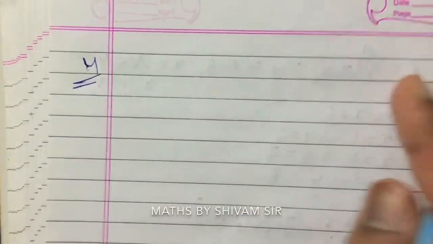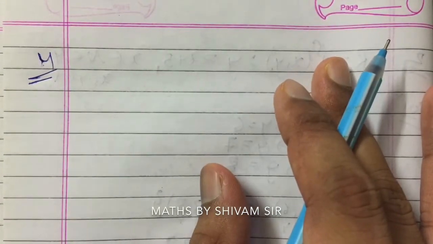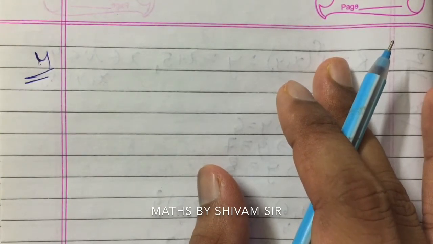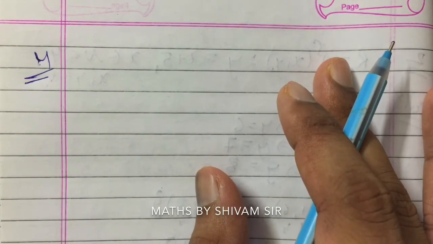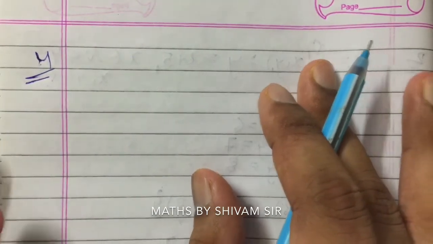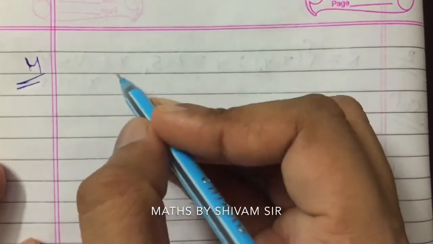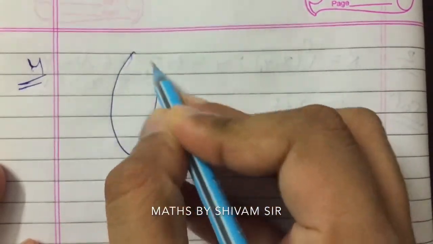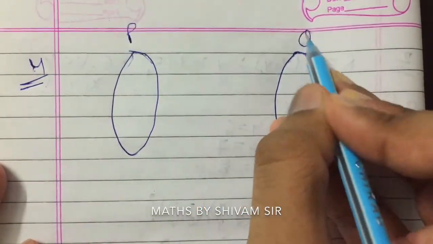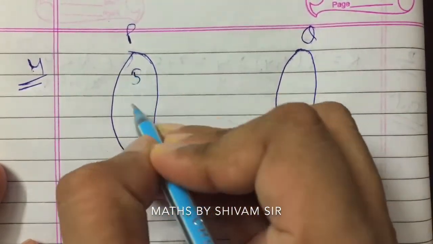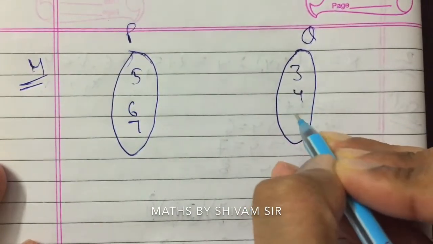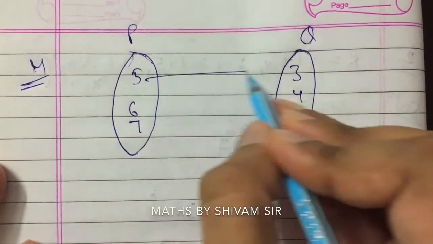Question fourth. So in question fourth we have a figure that shows the relationship between P and Q. Write this relationship in set builder form. So we have to write a relationship. There is one figure. I'll draw it here. P, Q. 5, 6, 7, and here we have 3, 4, 5. So we have to write this relationship